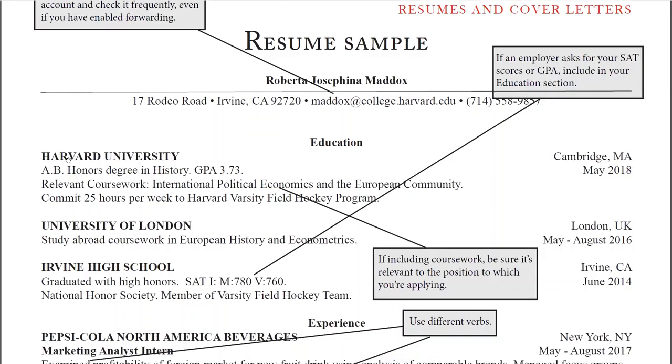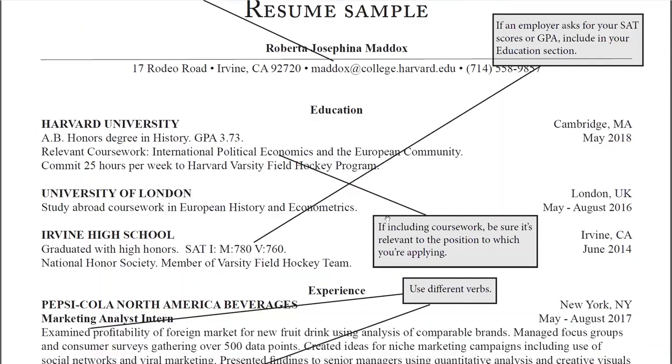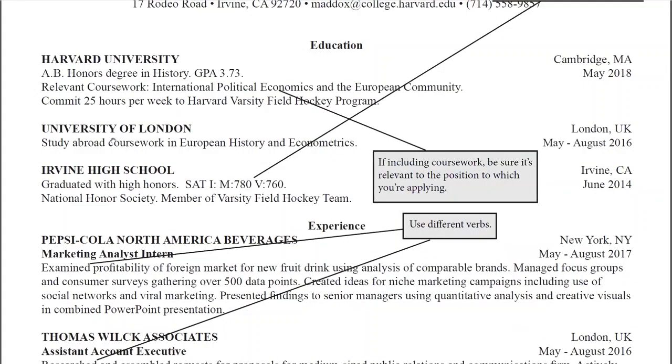If you see education, so name of the university, where is this, and what degree did you do, any specialization if you have done, and any GPA. So this is where the point of quantifying comes. Quantify your resume, which means you can give quantity, give numbers. Specialization, anything, relevant coursework that is relevant with the position that you are applying for. And when did you complete this degree? For example, May 2018. And another degree, if you have done any third degree.